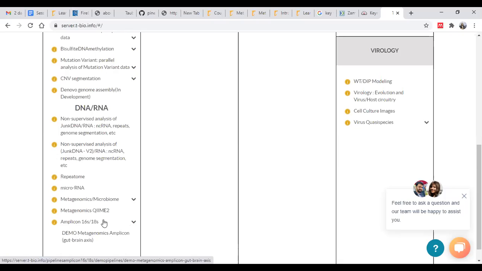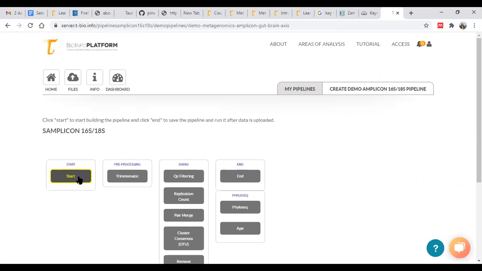Here we have taken two types of samples from the gut brain axis project. We have two conditions: one is high fat mice treated, the other one is chow. If you click on this, first, to start, we are going to upload this file.